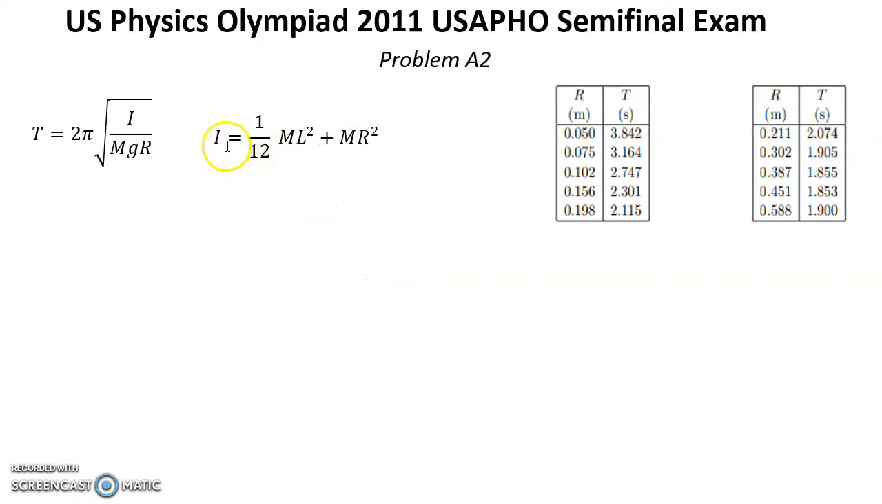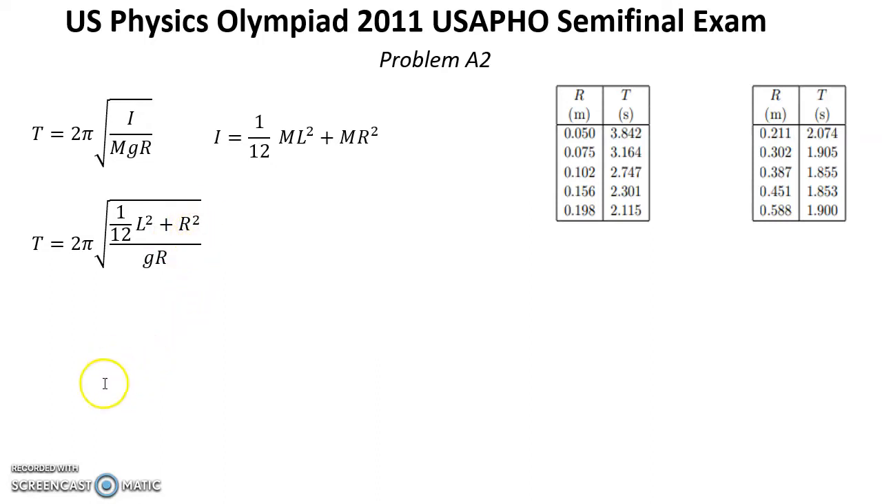Now we can insert this expression into this formula and find an expression for the period. Now look at this formula. Here we have to find what is g and what is L. And we have experimental data for period T and distance r. So we can